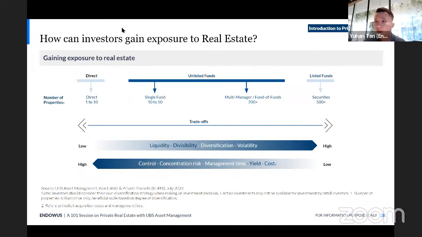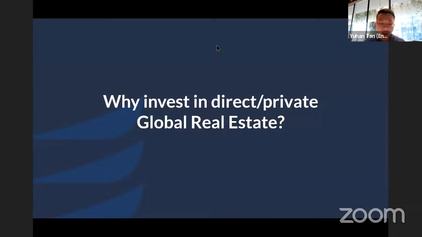Yeah, thanks, guys. It's actually quite interesting that the differences you describe are actually quite similar to an investor choosing a few stocks on its own compared to him buying a broad equity mutual fund, for example, since the trade-offs are also between liquidity, diversification, and cost. So how does having a global real estate exposure actually help my portfolio?